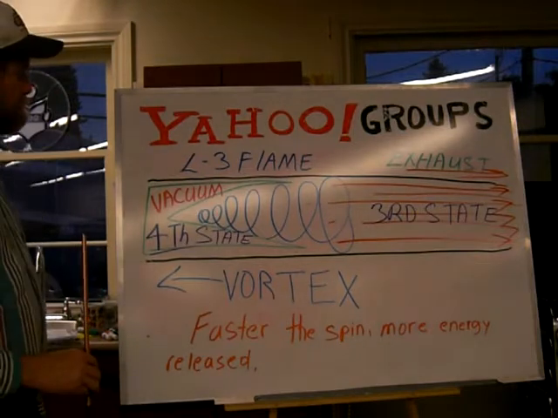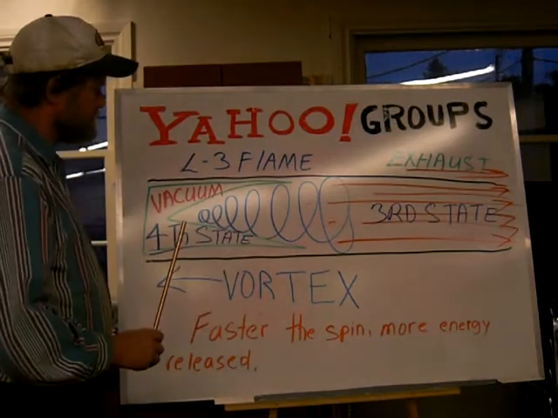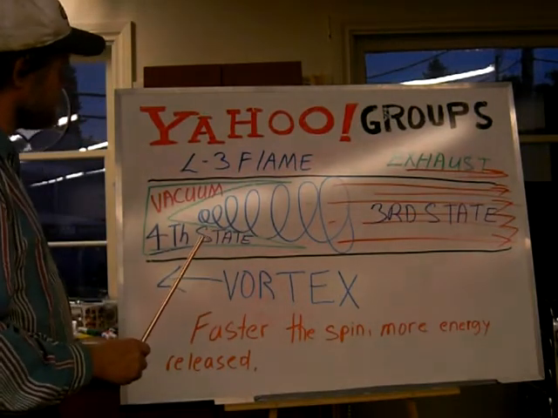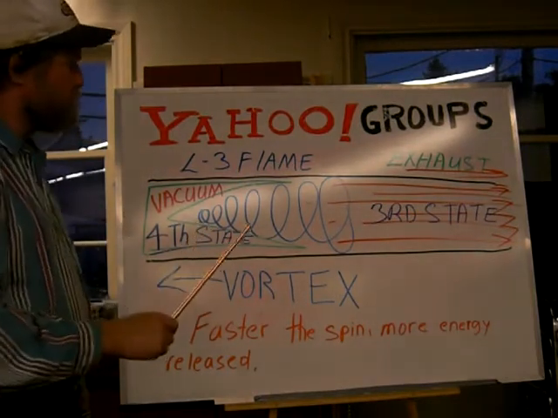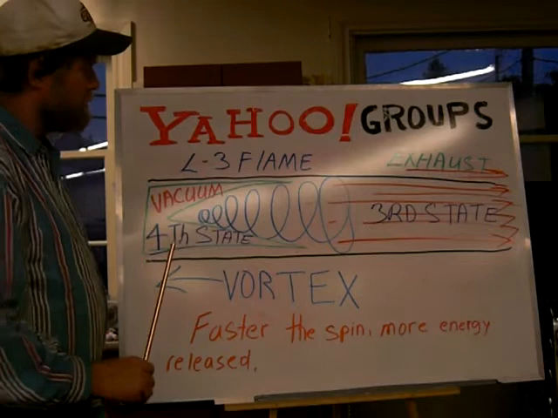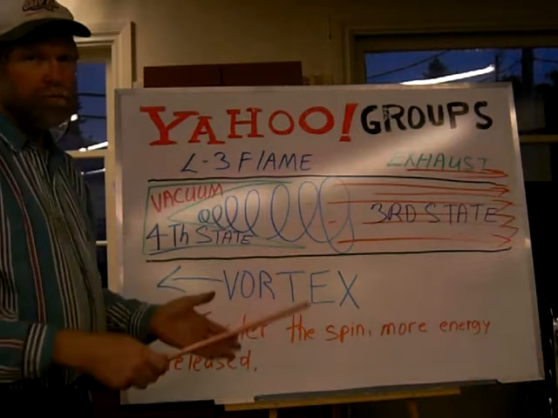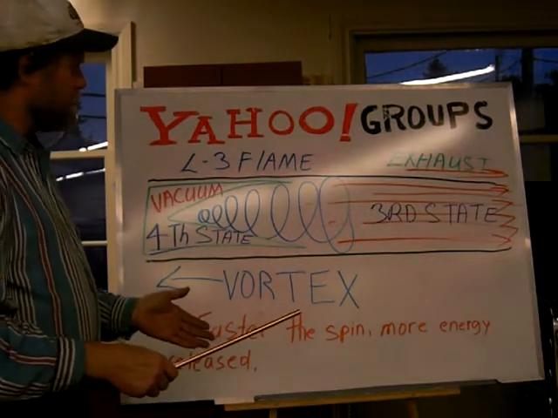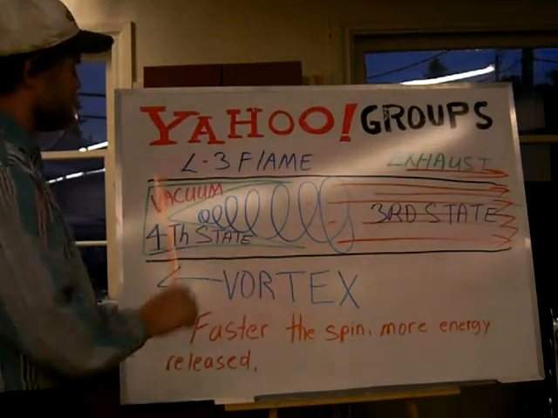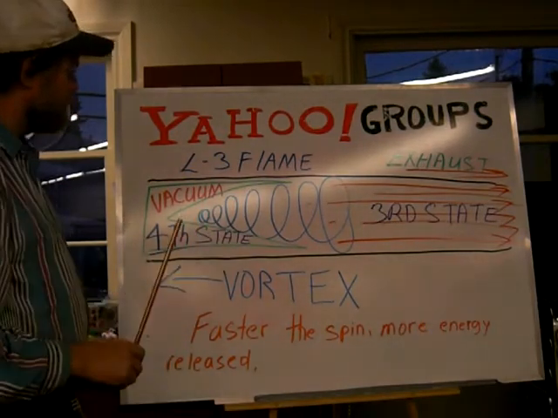And so it's going to create more thrust, and it's going to create more vacuum. Now what is happening? Could it be that as the speed of the vortex increases, and the flame propagation rate of the level 3 flame increases, it is converting more of the third state matter, or propane, into the fourth state? So we have a transition from the third state to the fourth state, and there are times where I've seen it happen instantaneously, but it would be nice to have a controlled reaction here, where you could increase the potential of the fuel,